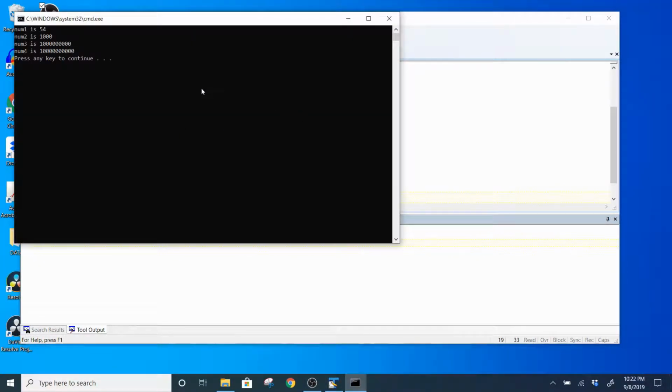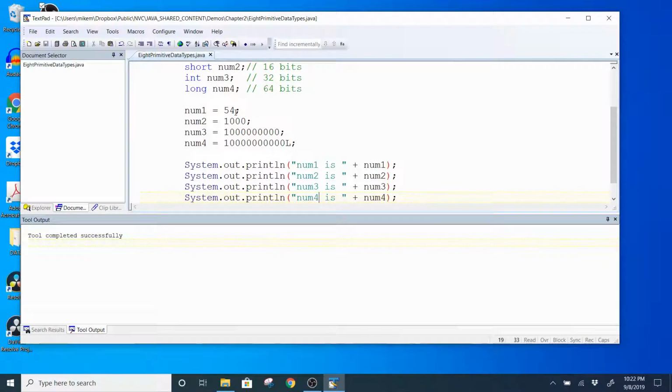All right, and you can see that the values did in fact get stored into our integer variables and they were printed out. Okay, now what do you think will happen if we made this byte out of this integer out of range of a byte? We know that the highest possible value is 127. So if I put 128 and I try to save and compile,